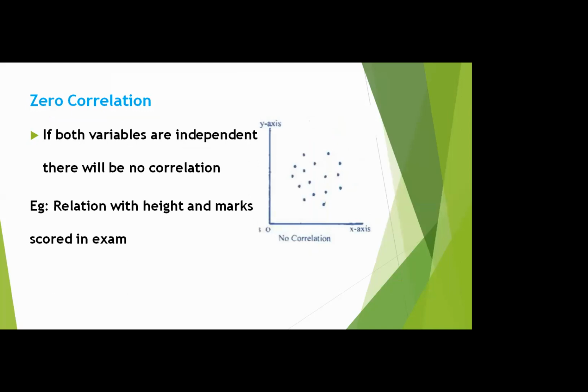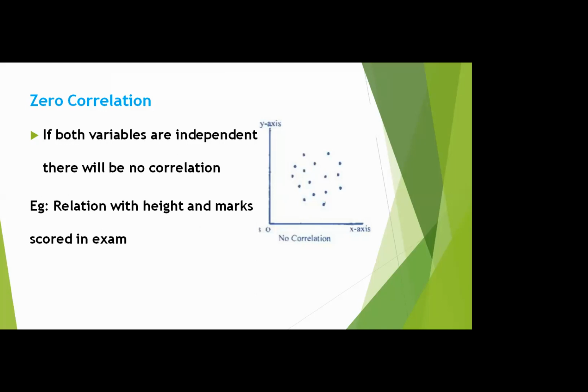And what is zero correlation? We have a data set of different variables, and we have two variables. If both are changing, but the change occurring in one variable does not make any corresponding change in the other variable, it may differ or vary, but the variability occurring between those two variables is not related to each other.